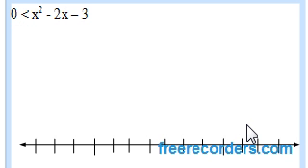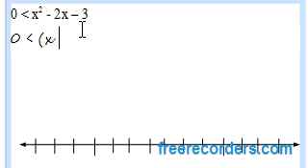When I look at problem 1b, I notice I do not have a negative coefficient in front of my x squared. I just have a leading coefficient of 1. So I can immediately start to factor this. I'll say 0 is less than x squared minus 2x minus 3. And noticing the negative 3 term at the end of the inequality, I know I have to have x plus